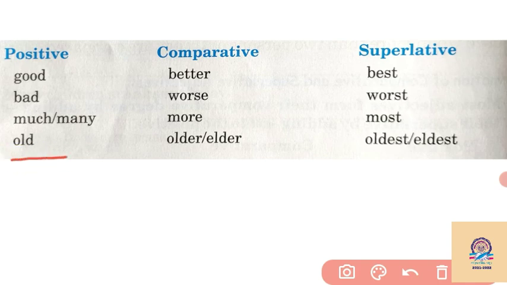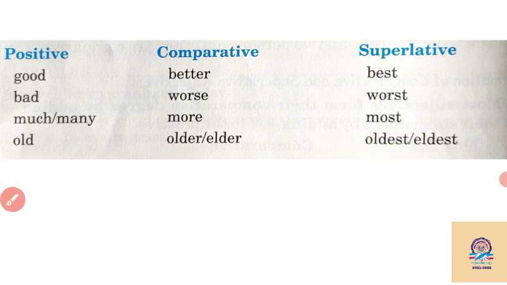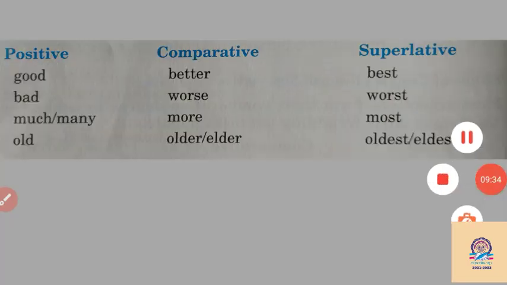Then old is given, old in terms of age, suppose we say it is age wise, old changes into elder, my elder brother, we can say that. Then eldest, that is the superlative here. Then old, that is long years ago, old changes into older, and oldest for the superlative degree here. So here we learned about adjectives, and how we change positive adjectives into comparative and superlative adjectives with examples here. Okay, thank you.